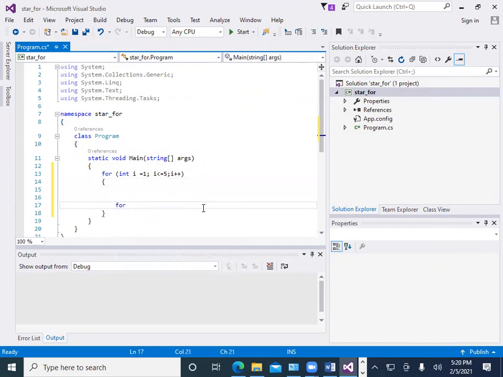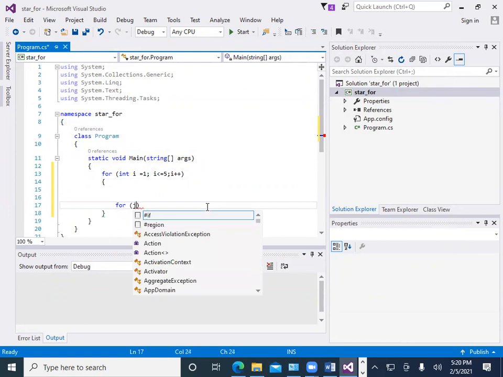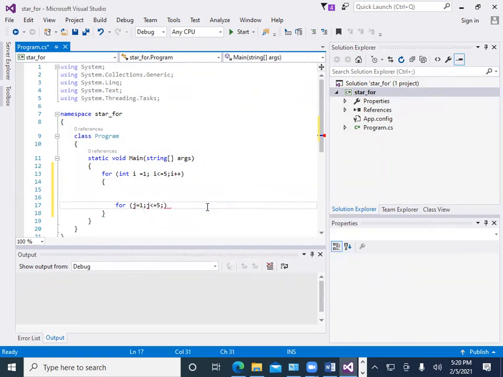Here again we use for loop for j is equal to 1, j less than or equal to 5 and j plus plus.